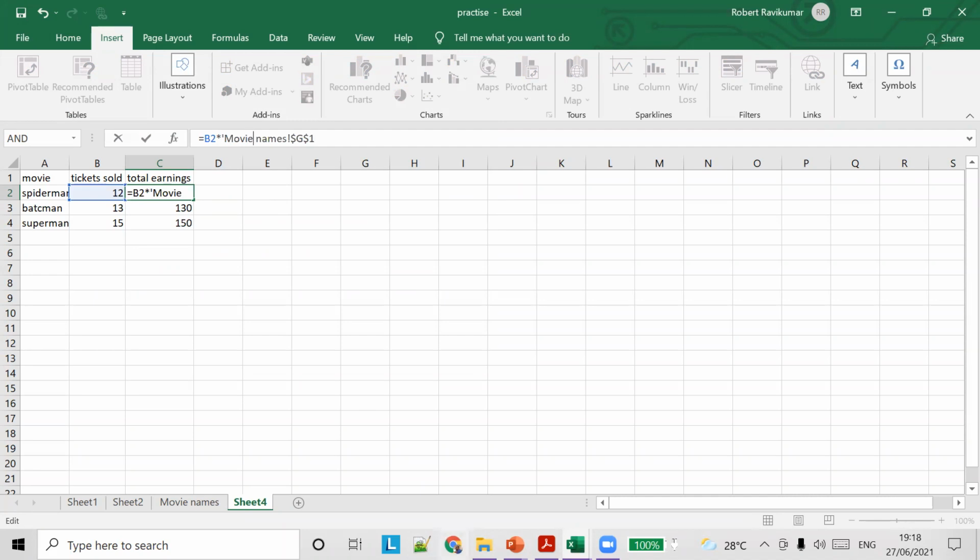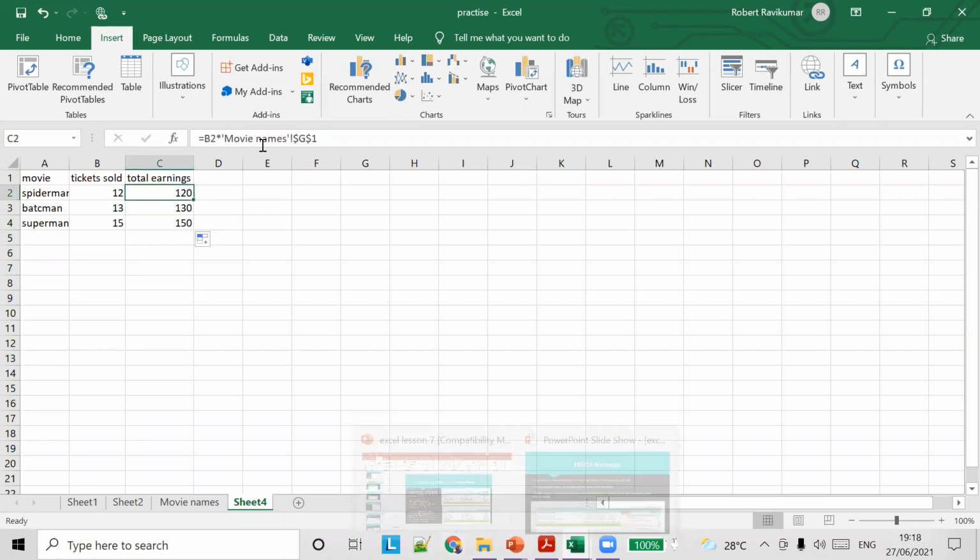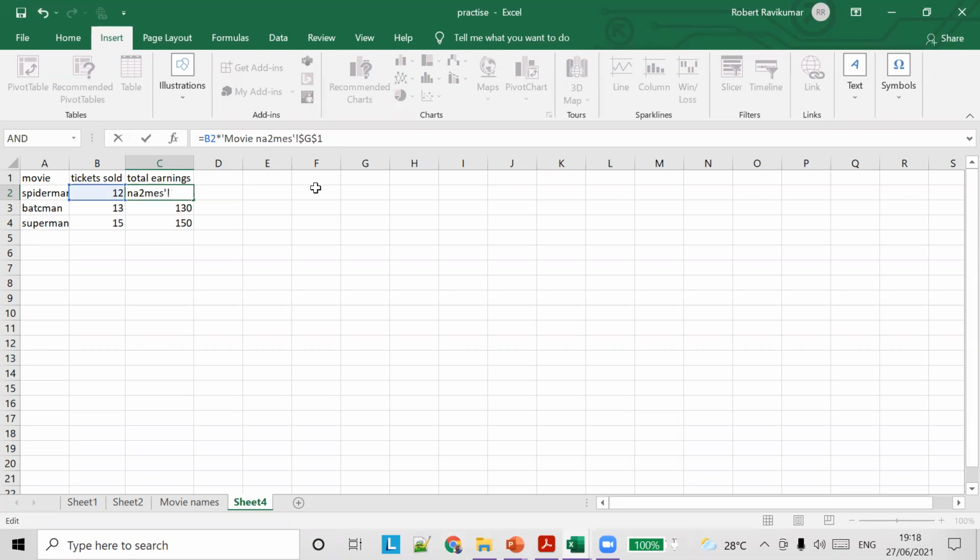So since there is a space, we are going to give this symbol. Okay, so now it is corrected automatically back to the original form again, right? This is what happens when you give the wrong sheet name. So like this, if you give the sheet name wrong, you will get the reference error. Okay, so then you have to correct it